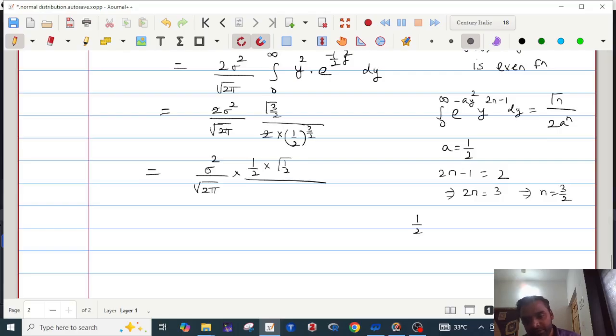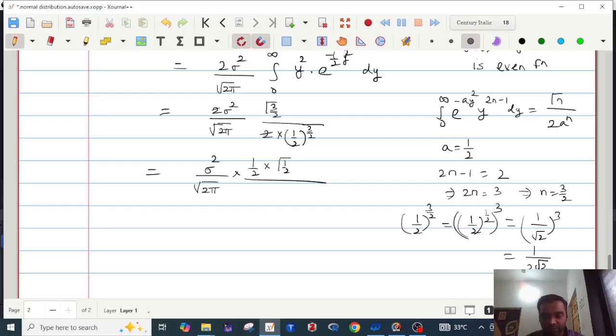Let's solve this. 1 half raised to 3 by 2, this is equal to 1 upon 2 raised to 1 upon 2, and 1 upon 2 raised to 1 upon 2 is nothing but 1 upon square root of 2 raised to 3. This will be 1 upon 2 into